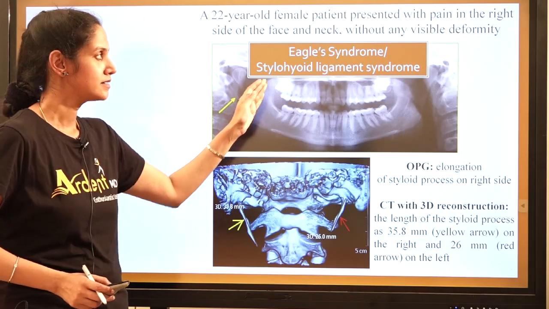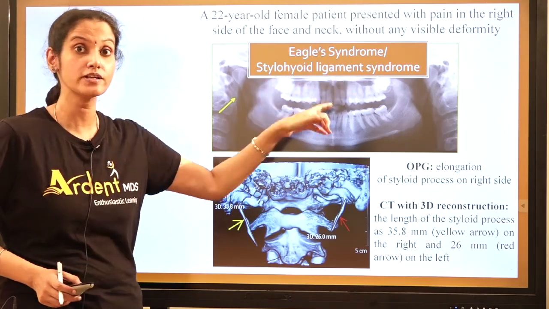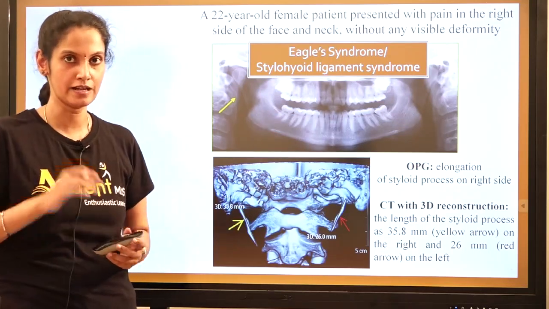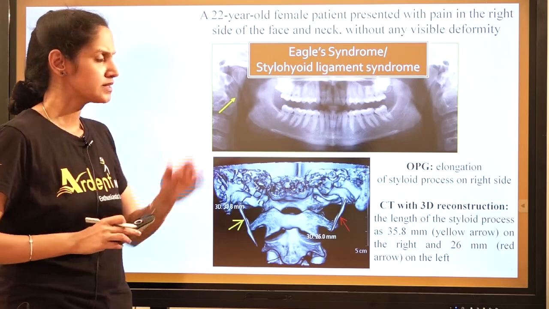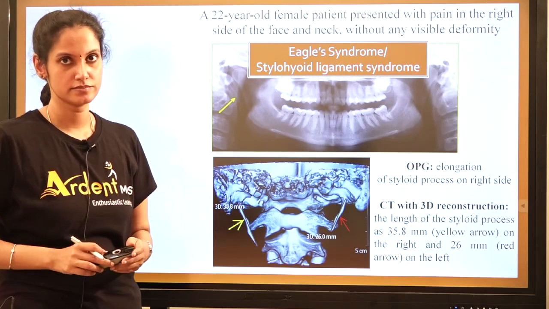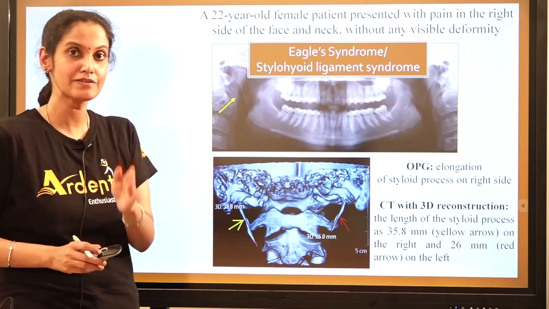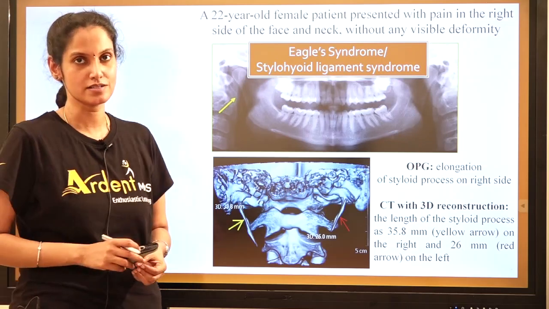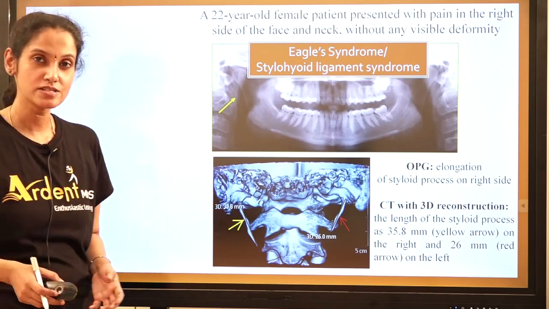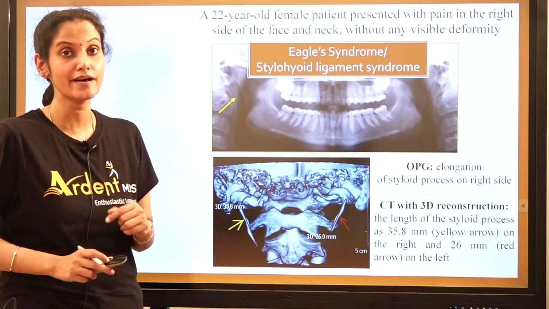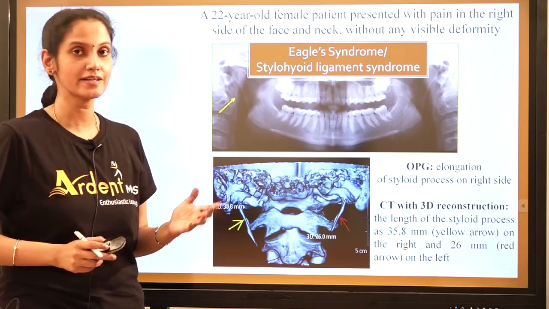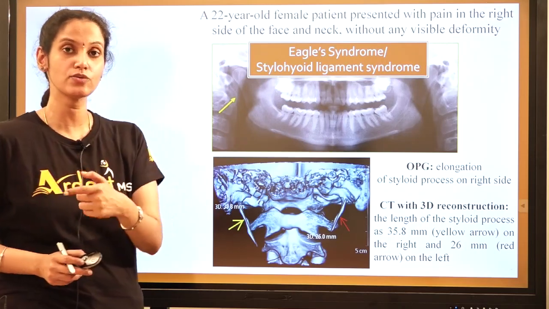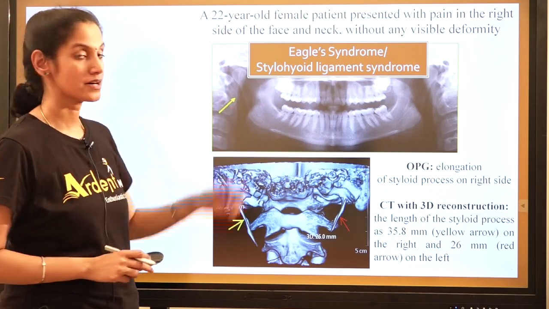Authors say that stylohyoid ligament syndrome or the carotid artery syndrome stands a little different away from the Eagle syndrome in a way that the mineralization of this ligament, or the styloid process, will impinge or put some more pressure on the adjacent carotid arteries. When it gives pressure to the adjacent carotid arteries, then the patient will have pain simply by turning the head. Turning the head, neck, and you will find that sort of pain will radiate to other parts of the head and the neck. So that is carotid artery syndrome.